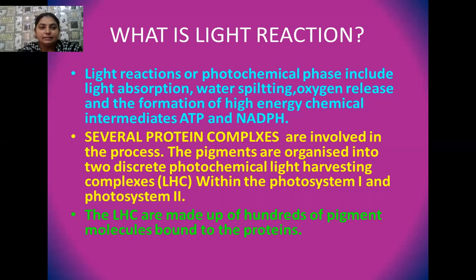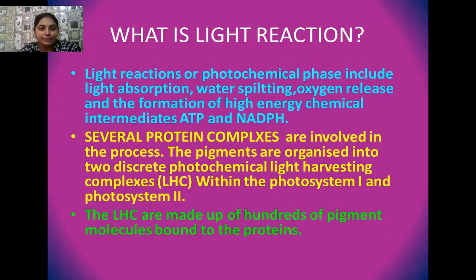The second thing is the splitting of the water molecule. When the light energy is received by the leaves, one reaction takes place, that is, splitting of the water molecules, in which the water molecule breaks, and as a result of the breaking of the bonds, protons, electrons and oxygen gas are evolved. This oxygen gas is later released into the atmosphere. And the next thing is the formation of high energy chemical intermediates, which are ATP and NADPH. As you know very well, students, ATP and NADPH are energy rich molecules and they store energy in their chemical bonds.